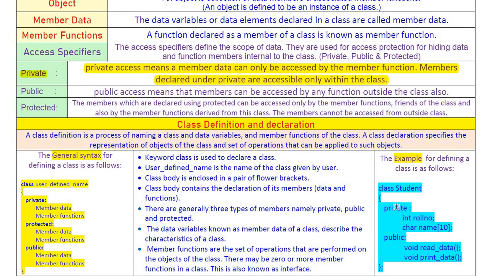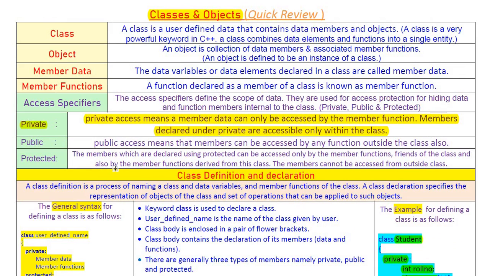For example, here in the private section, an integer roll number and a character name, two variables, are there in the private section. So these variables cannot be used by other classes. These two variables can be used only by this student class. Other classes cannot use this student's variables. In other words, if we declare a variable in the private section, then that variable cannot be shared with other classes. Okay, next,